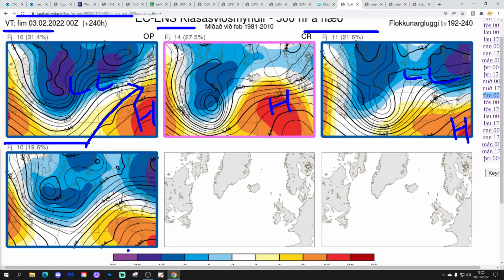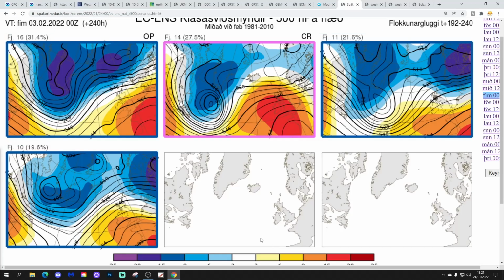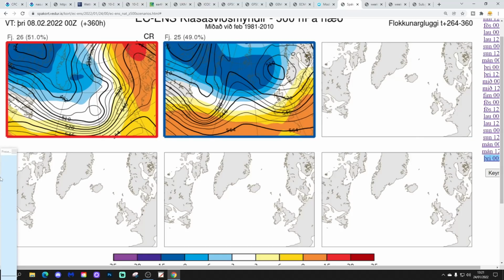And then 10 options have some high pressure to the south, again low pressure to the north. Fundamentally, it all looks very Atlantic driven and therefore reasonably mild at day 10. The only question is whether the high pressure is closer to the south to give frost and fog, and that would be most likely on this scenario, just here, those 14.